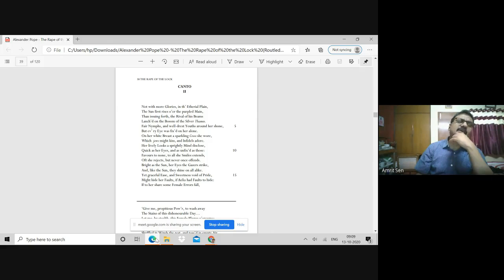Now, interestingly, what I'd also like you to notice here is how this entire journey via the barge, which would also serve as a leisurely journey across the river, which was part of the aristocratic culture of that period, mimics the epic journey of Aeneas across the river Tiber in the Aeneid Book 7. So Aeneas's journey to war across the Tiber becomes Belinda's journey to Hampton Court across the river